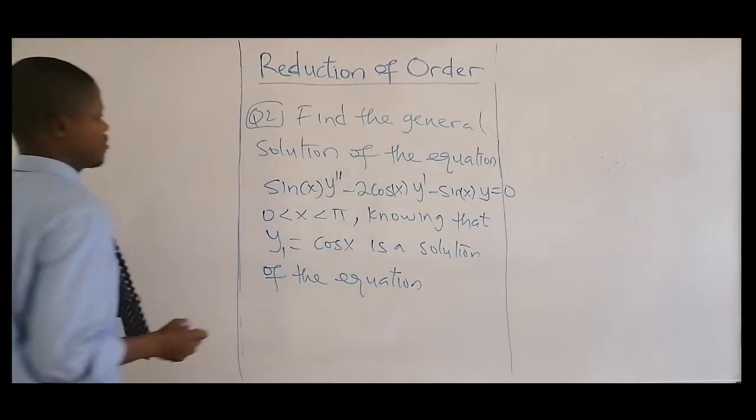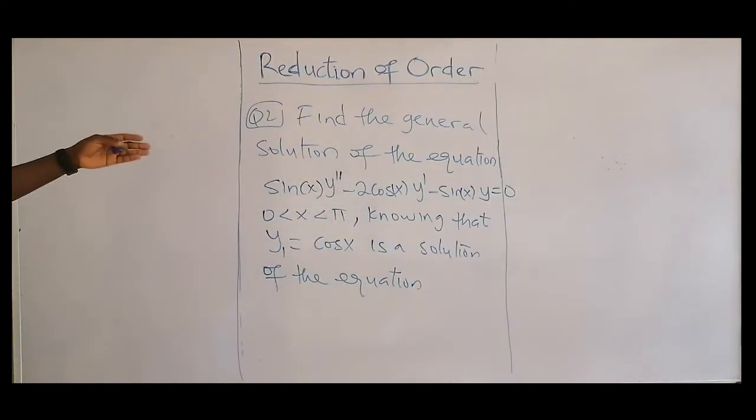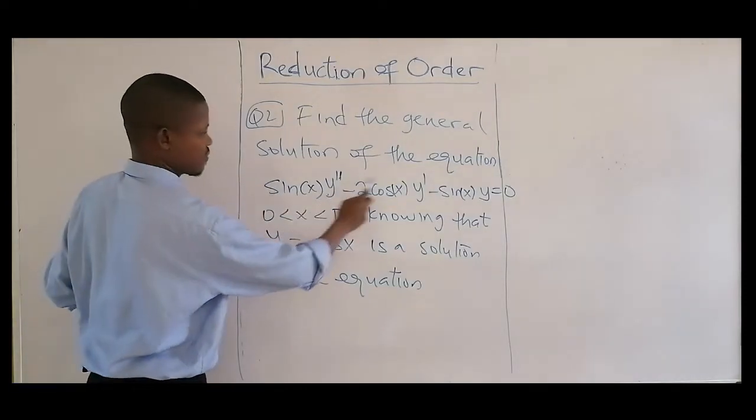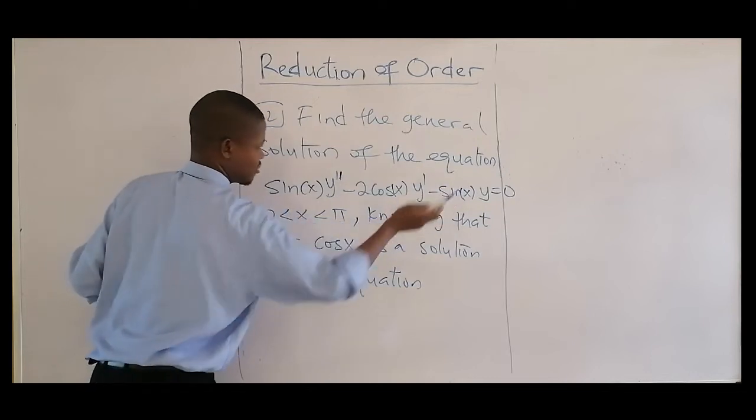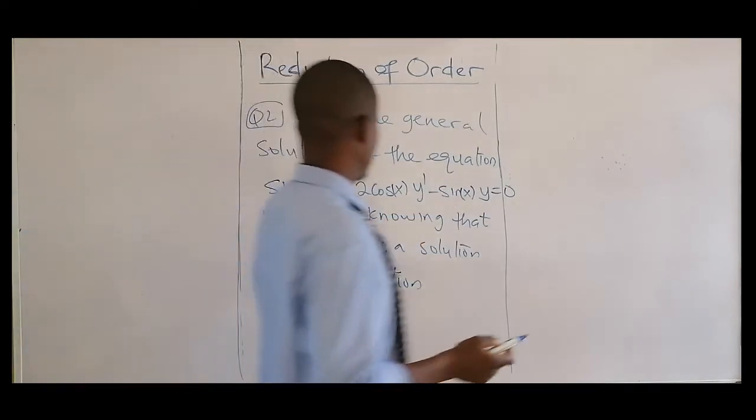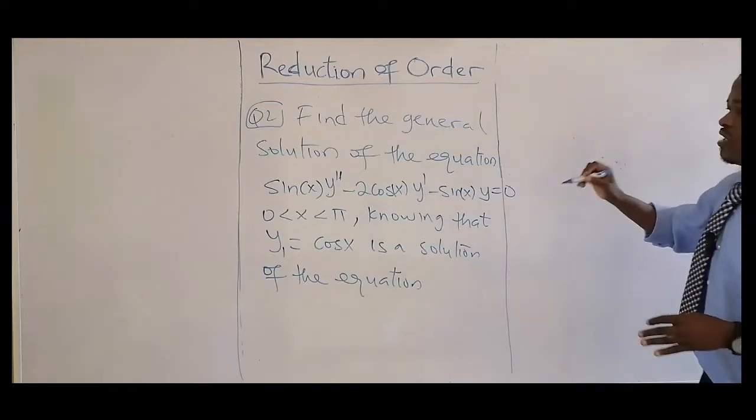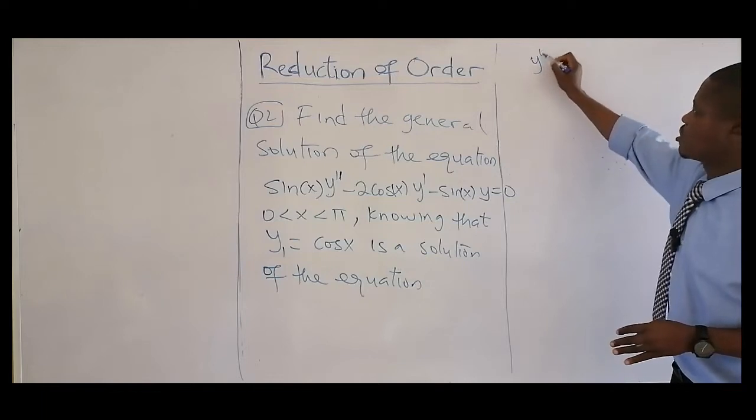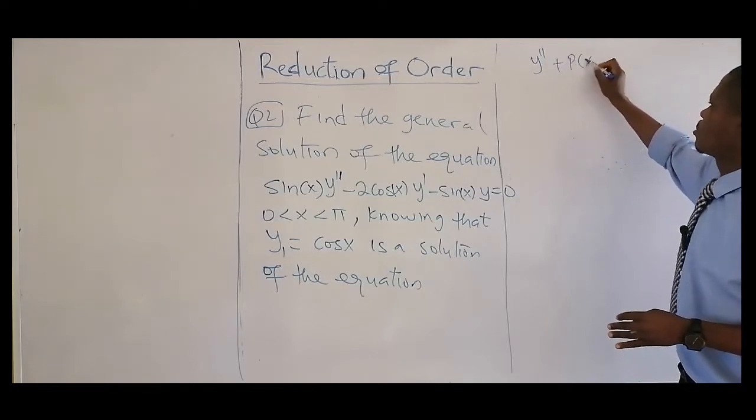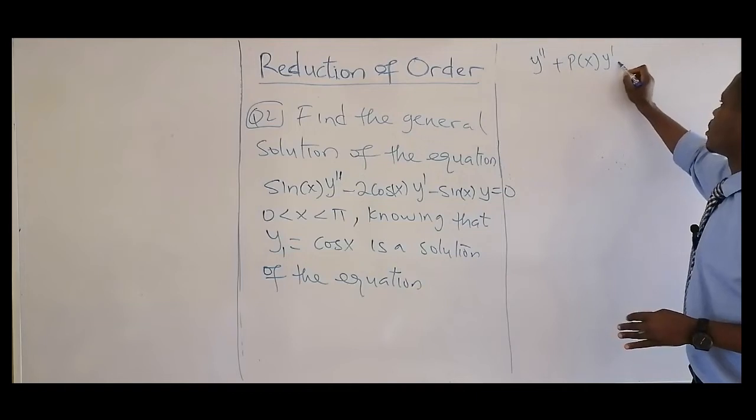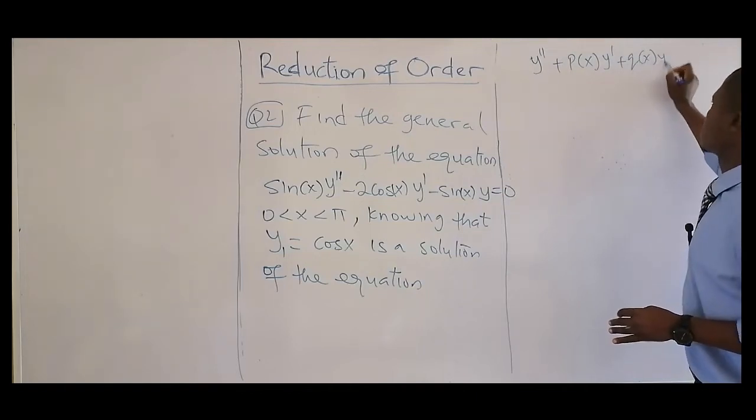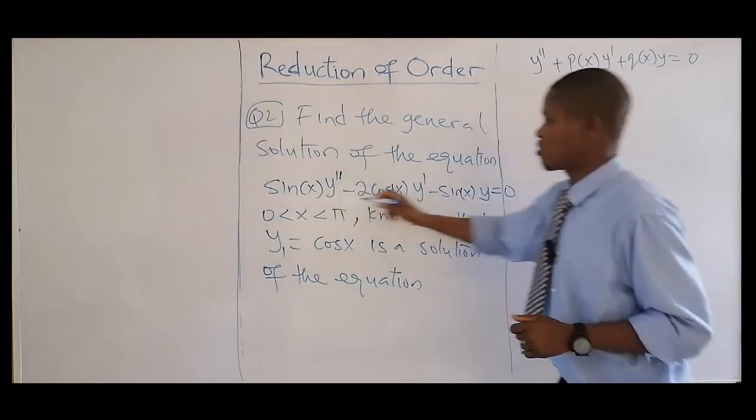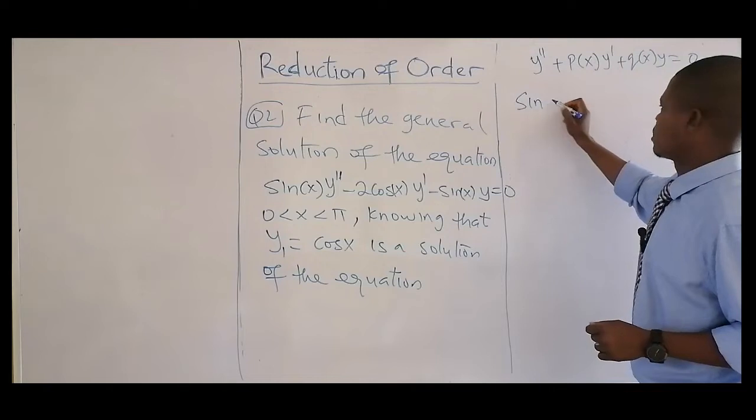Yeah, check the question. That's the second differential. We're told to find the general solution of the equation. This is the second differential, this is the first differential, you can see how it goes. So we need to correspond this question to the second differential plus p of x times the first differential, and then plus q of x times y equal to 0. If you do that, that means you have to divide this expression by what? I'll write the expression: sin x